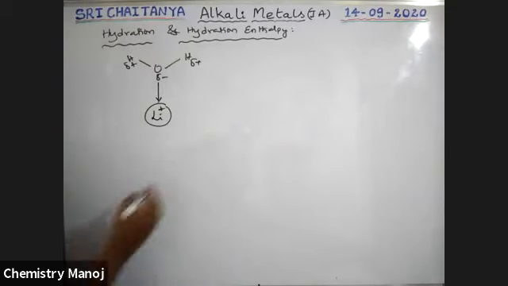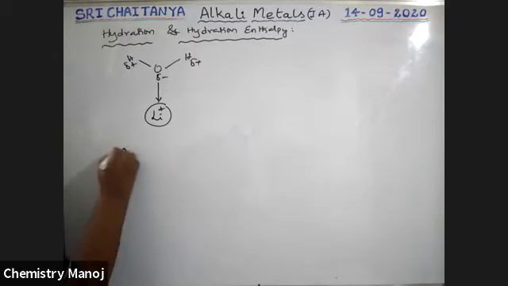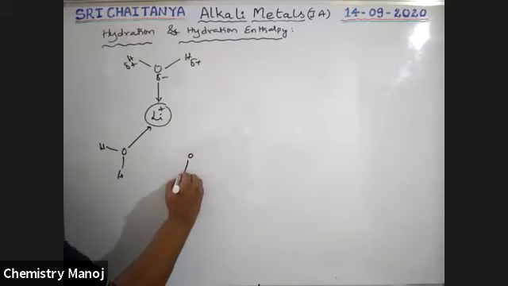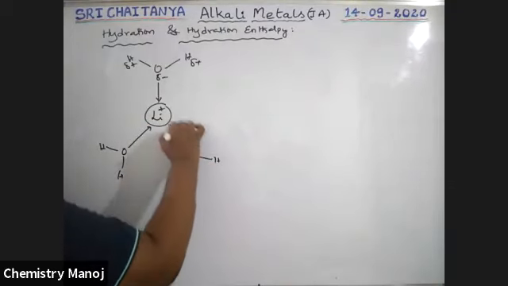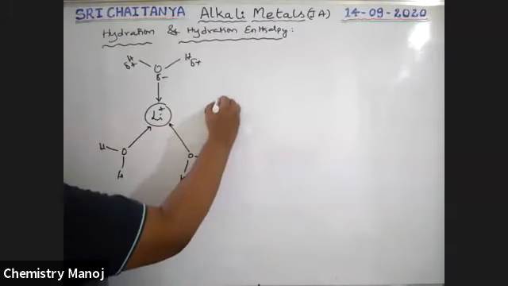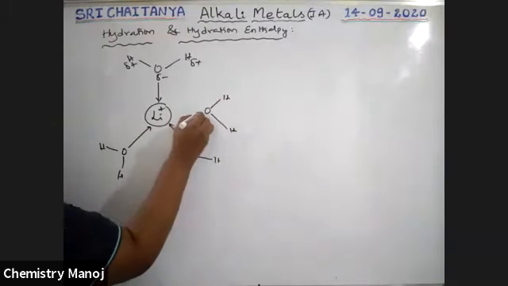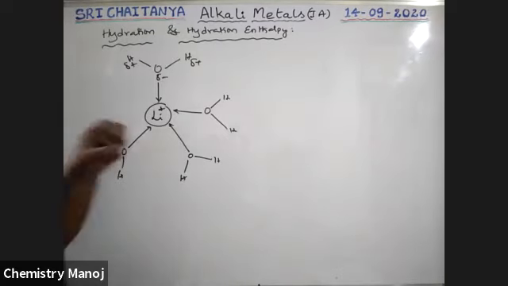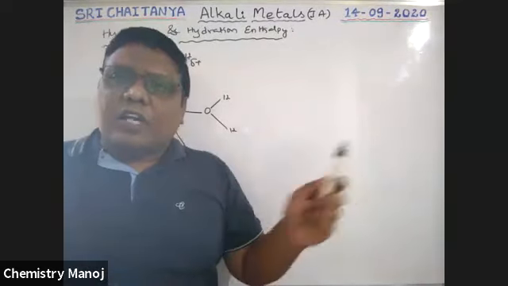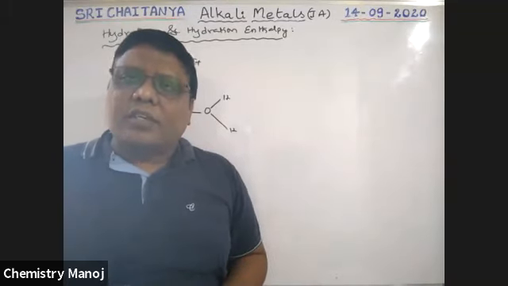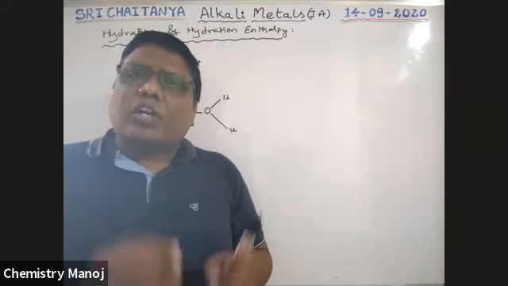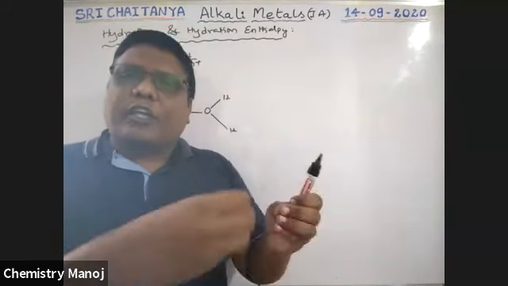Like this, a number of water molecules are possible, boys. This is another water molecule attracting towards lithium, and one other water molecule, and one more. So like this, a number of water molecules surround it. Because lithium is small in size, there is a greater attraction between the water molecules and the metal ion. The smaller the size of the ion, the more the attraction between the water molecule and the metal ion.